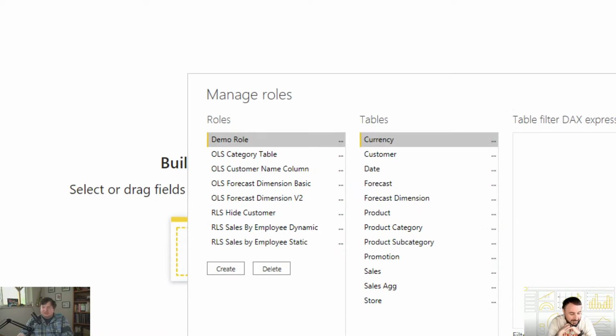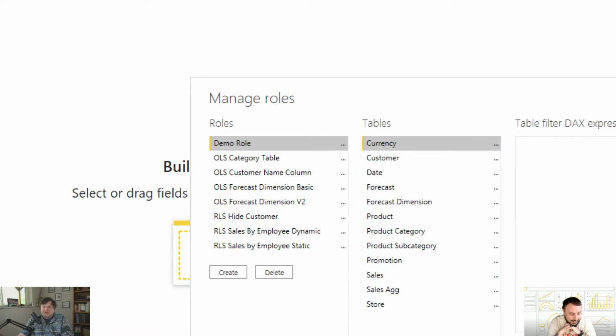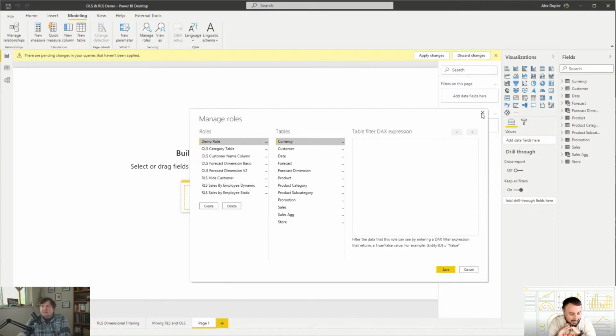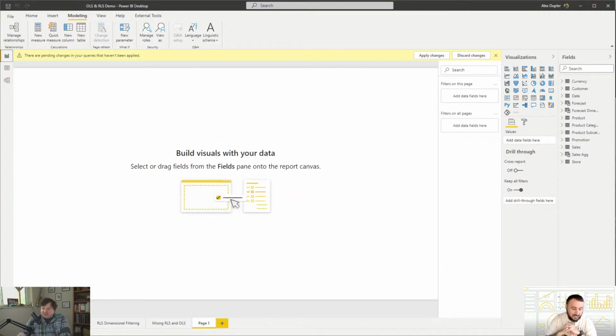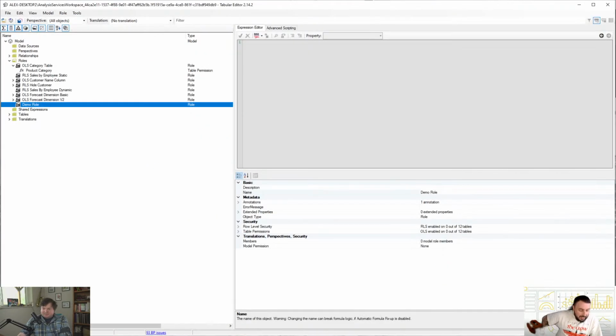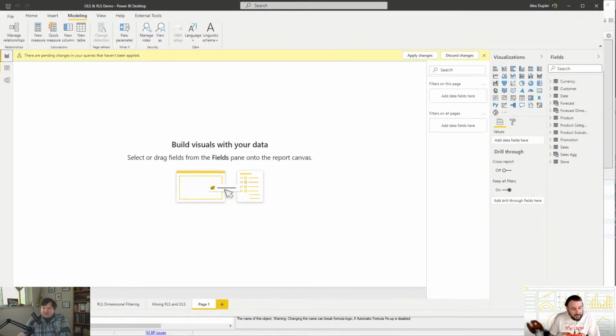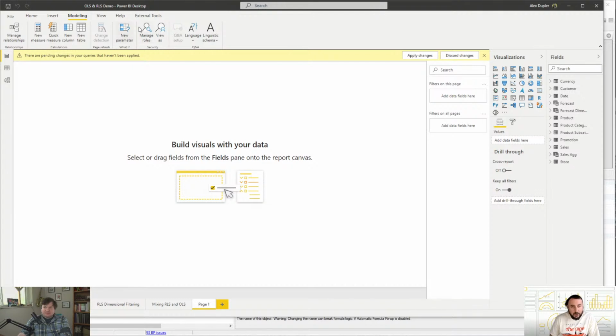There we go. Okay, yeah, it worked. So I guess I was wrong. You can use Tabular Editor to create your roles. That's nice. But that's different than kind of the blog where they were saying, hey, create your roles